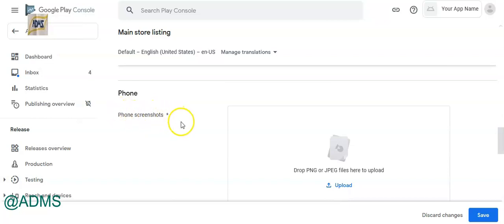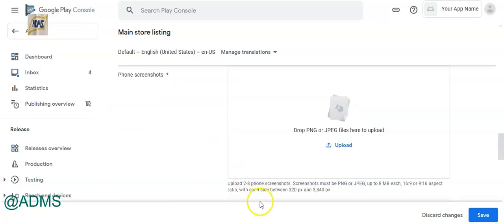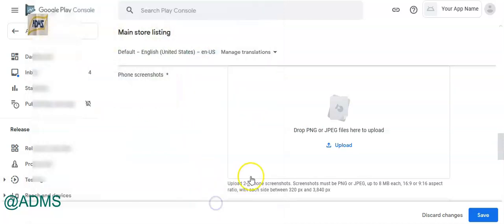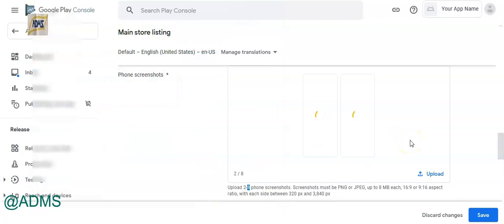Now there's a screenshot section. You can have a minimum of 2 screenshots and a maximum of 8 screenshots. As I told you, you can go to that link, take a screenshot of each of the sections of the app, and upload it here. For example, we have taken 2 screenshots which we are going to upload here. These are phone screenshots.